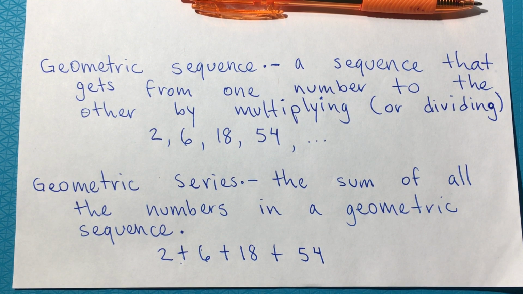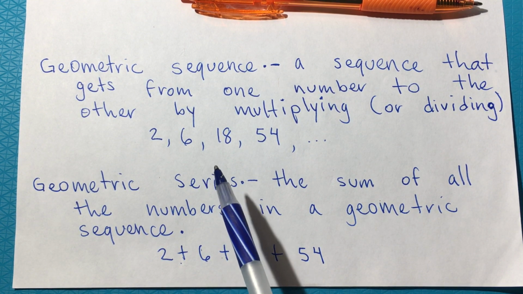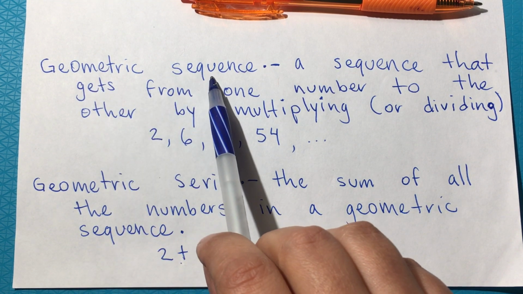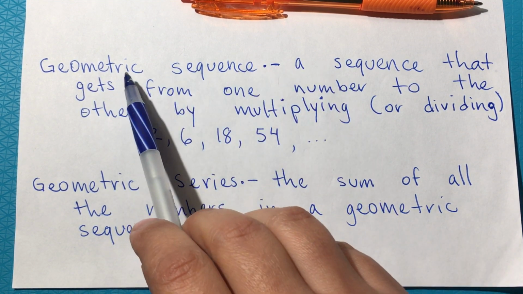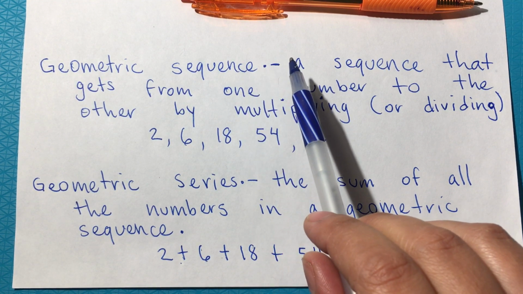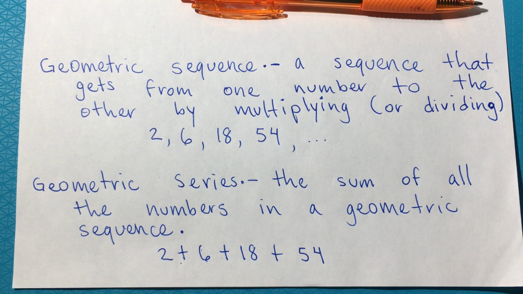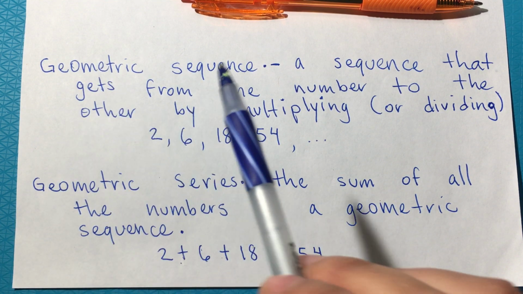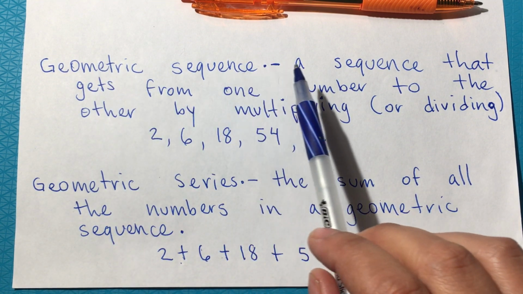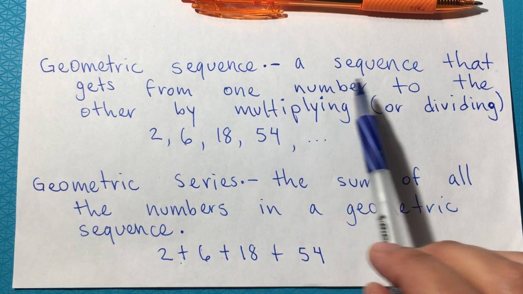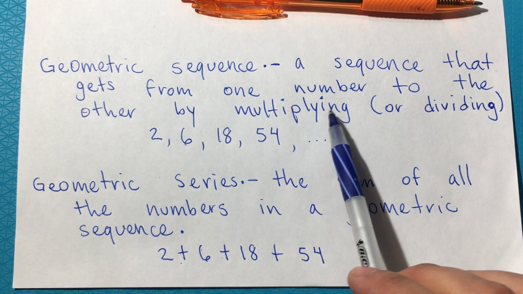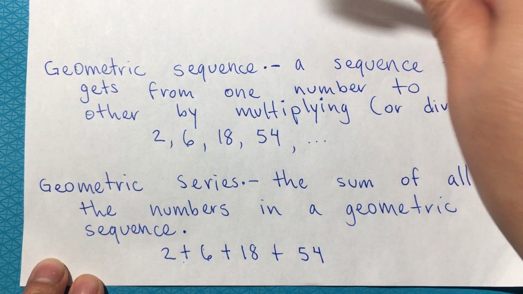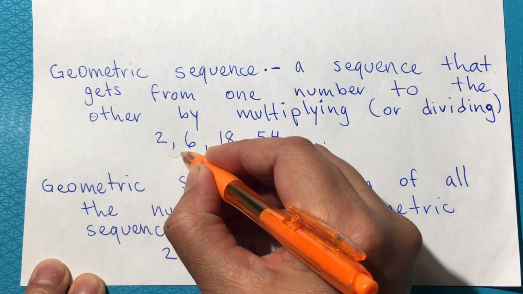And what are geometric series? Well, to be able to understand geometric series, we have to review what geometric sequences are. We have learned before about geometric sequence and arithmetic sequence. Arithmetic is when you add or subtract. A geometric sequence is a sequence that gets from one number to the other by multiplying or dividing. Okay, so in here, basically we're multiplying by 3